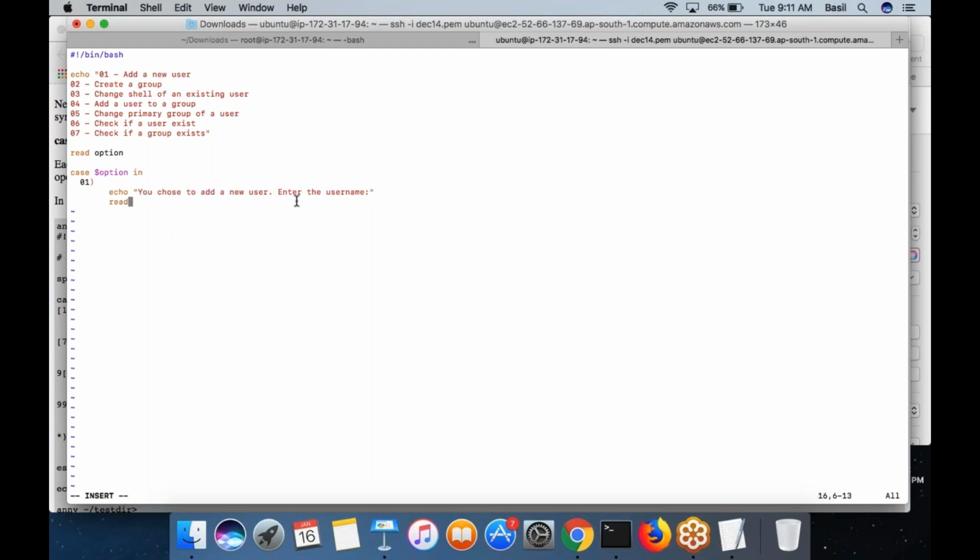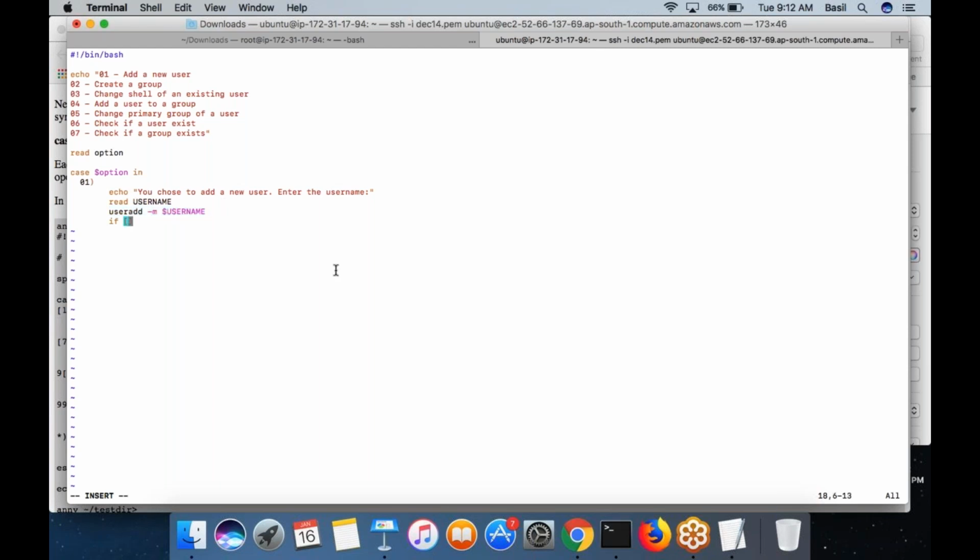Then they will enter the username from the keyboard, which your script would read into a variable called username. Then it will run the command useradd -m $username. Maybe one more step: inside your script, you want to make sure that this command has succeeded or not.